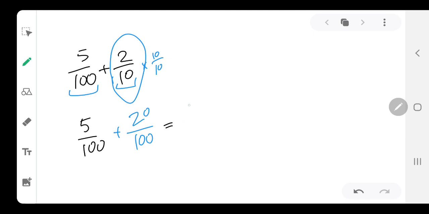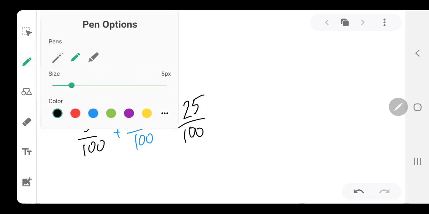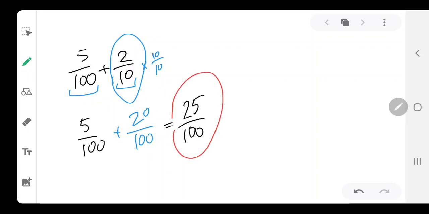just add them, add the numerators together. Now when you add fractions, you add the numerators, you do not change the denominator, and the answer becomes 25 over 100. Okay, step one. Step two is now to look at this number and say, is this fraction as simple as